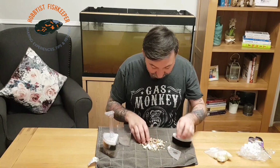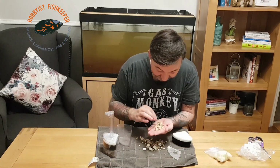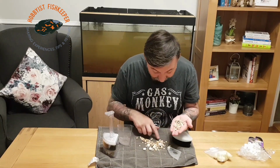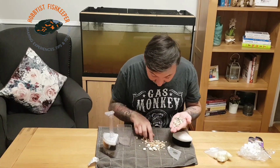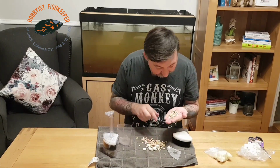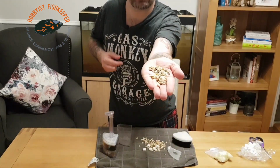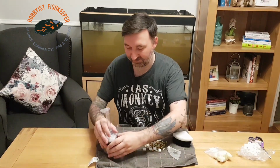I was right, it is just gravel. I'll see if I can show you that. Bits of slate. Oh, there's a bit of straw in there. Anything else? Oh, some seashells. I'll just show you that. It literally is some gravel. So we'll take that out of there, and then we'll...